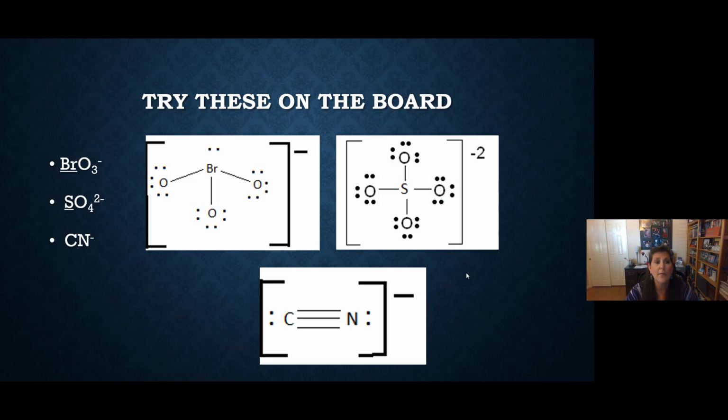So I hope you did a good job on those. Again, at this point, if you're not getting the Lewis dot structures, I would talk to your instructor and try to set up a one-on-one session with them. All right, next topic is the shapes table. So I asked you to print this out at the beginning of the chapter. So go grab that when you're ready to watch the next video.